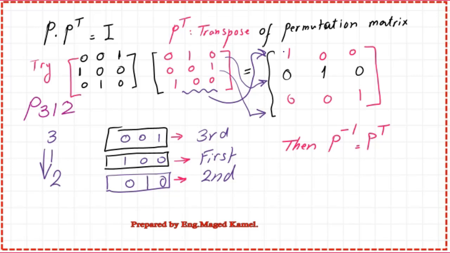Will require that the last row will become as the first row, so it will become 1 0 0 here. The result 1 0 0 will require the first row of matrix A will go down, so it will become 0 1 0, and 0 1 0 will bring the second row of this matrix down. It will become 0 0 1. Due to this property, if we multiply B by B transpose equal to I, it means that the transpose of this permutation matrix is the inverse of the permutation matrix.